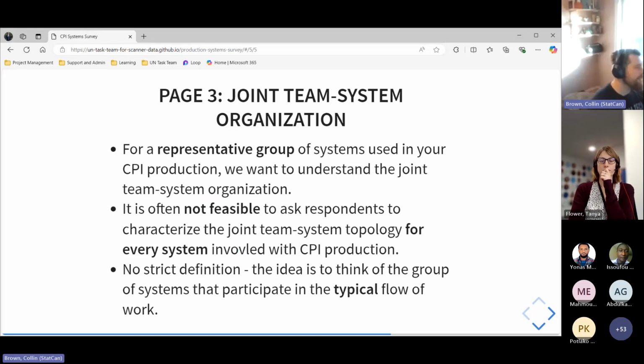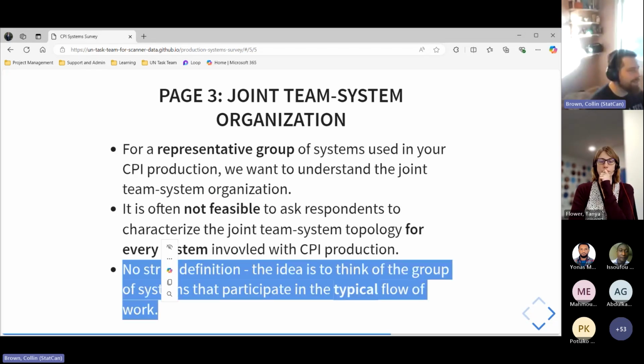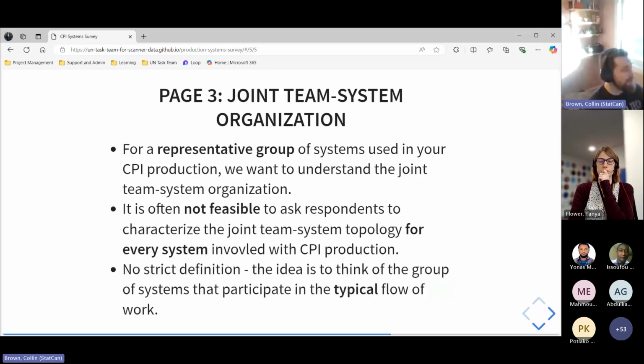And the other thing I just want to flag here is throughout the rest of the presentation, I'm going to use the term the typical flow of work, the typical team, the typical, and what I mean by that is just representative, right? So the important thing is to not overthink it. Just think, what is a typical example of the thing, and it'll probably come to mind. You'll go, oh yeah, I have a sense of what that is. That's what we're looking for here. So it's kind of an informal definition, but you'll see me use the word typical throughout.